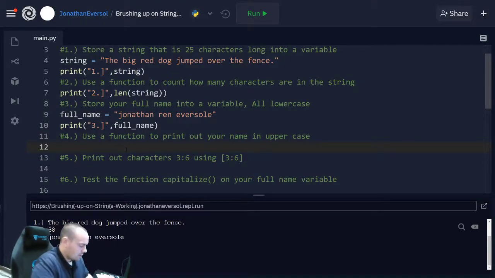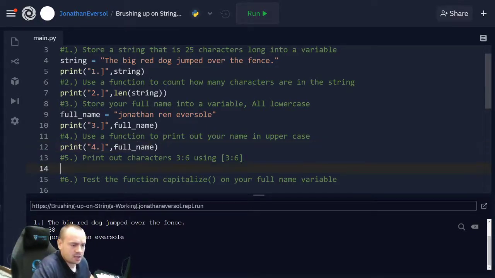Okay, so what I'm going to do is I'm going to do print. That's a function, so it has 2 parentheses, the beginning and the end. Number 4, and then comma, because we're adding this together. And where is my name stored? Well, it's stored inside of this variable called full name. So I'm going to write full underscore name,